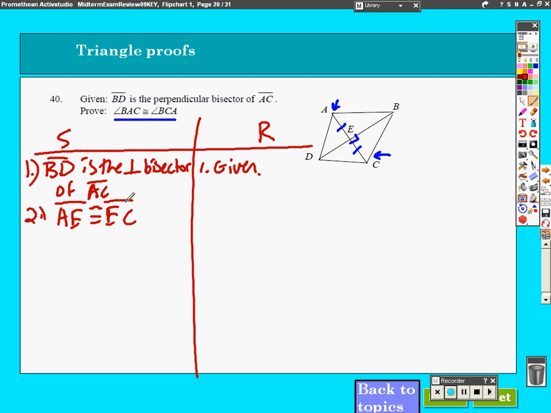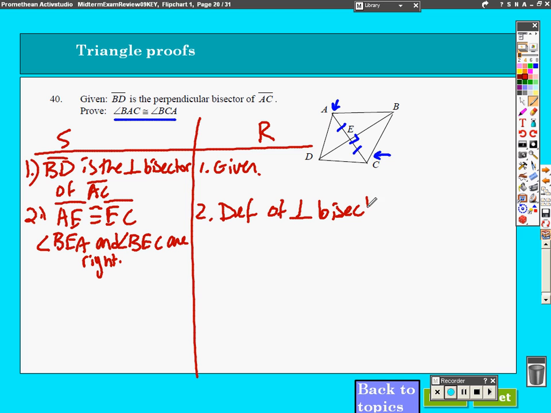And it also told me that angles BEA and BEC are right. And that's because of the definition of a perpendicular bisector. I knew it just by knowing what the definition of that perpendicular bisector was. Okay, this allows us to also say that our angles, our right angles, BEA and BEC